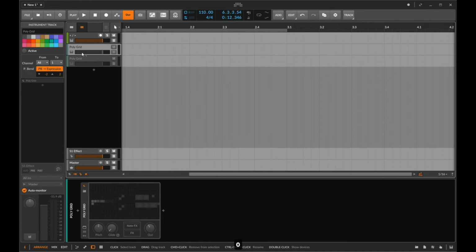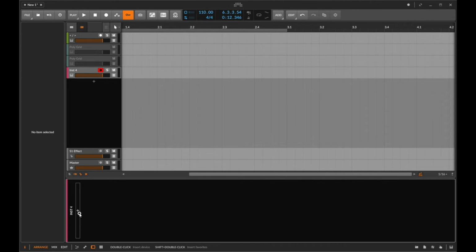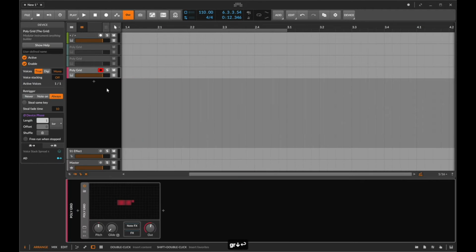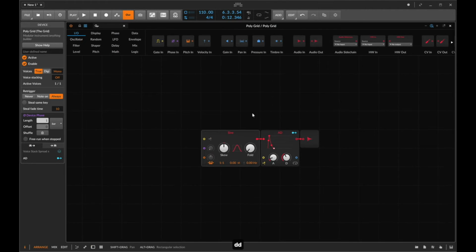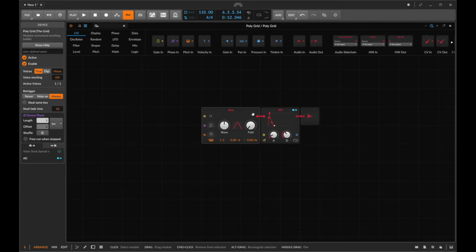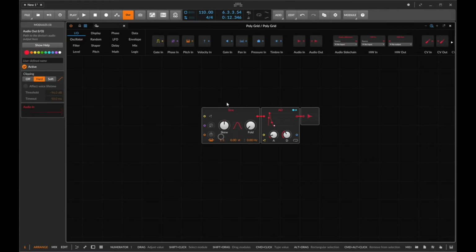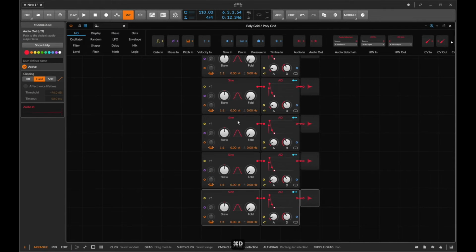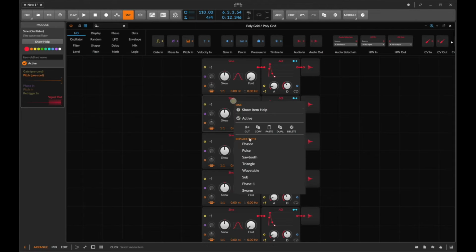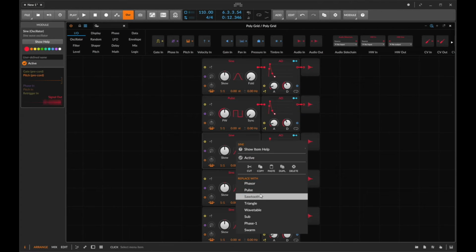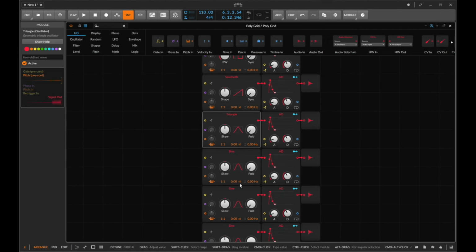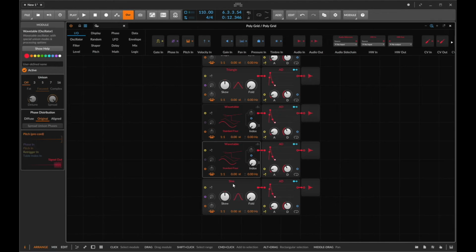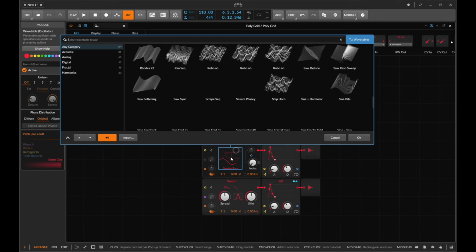Another great use for comparators with using the equals is, let's load up a new grid patch here, allowing us to basically assign different note pitches to different oscillators. And I'm just going to quickly pick 7 oscillators. So 4, 5, 6, 7. So let's change these all. So we've got a sine, we'll do a pulse, we'll do a sawtooth, we'll do a triangle, we'll do a wavetable, we'll do another wavetable, and we'll do a swarm. And let's just pick different wavetables here. Sines by octave and